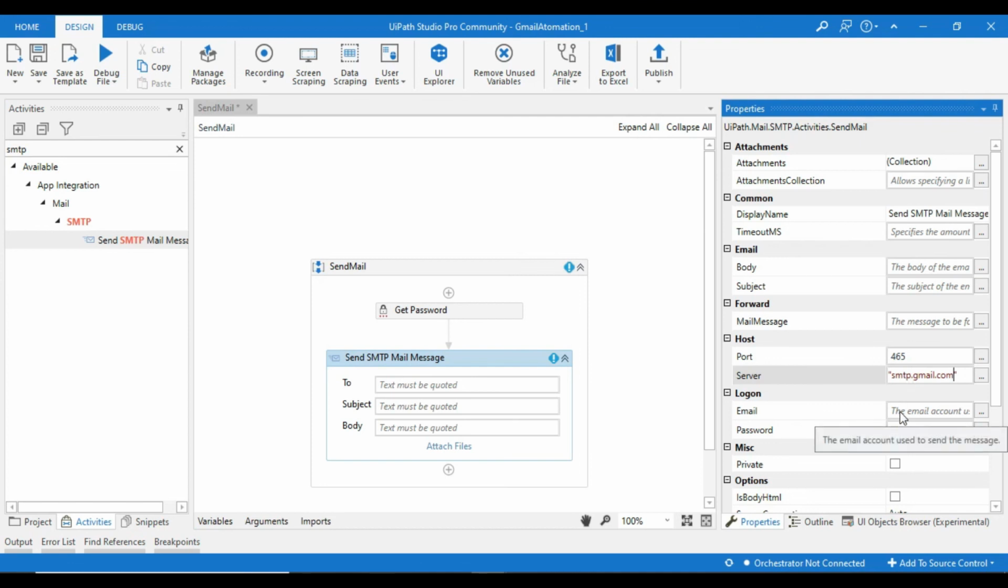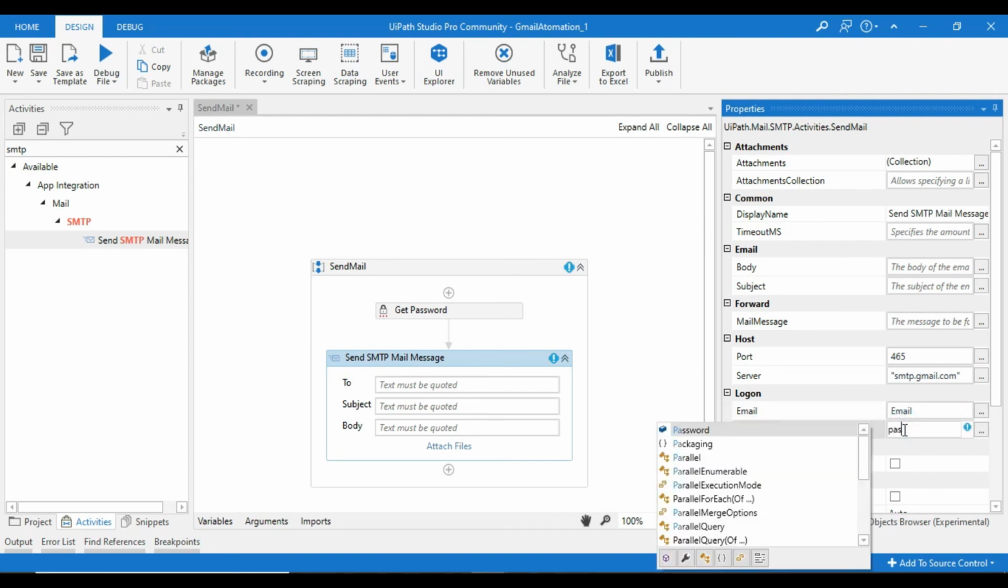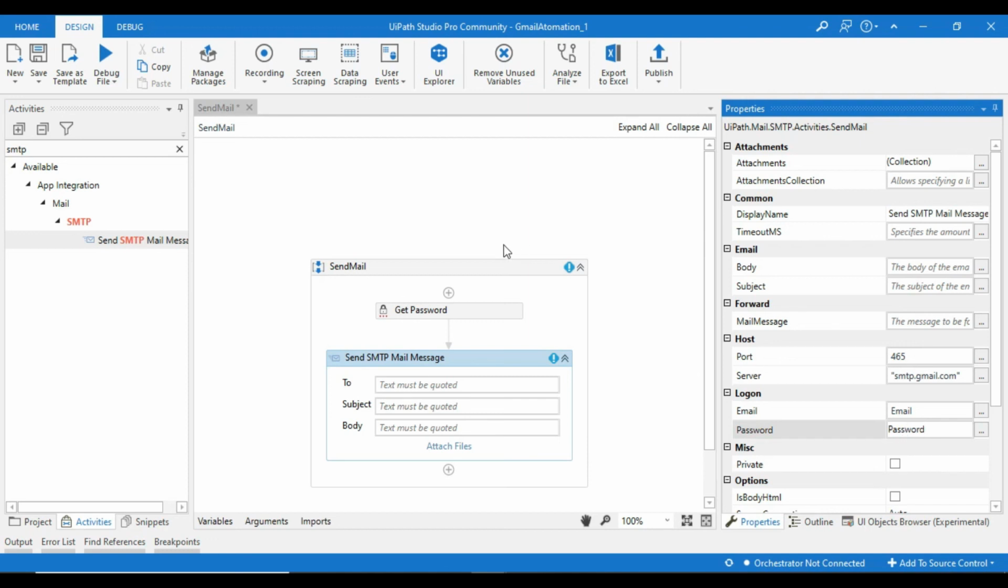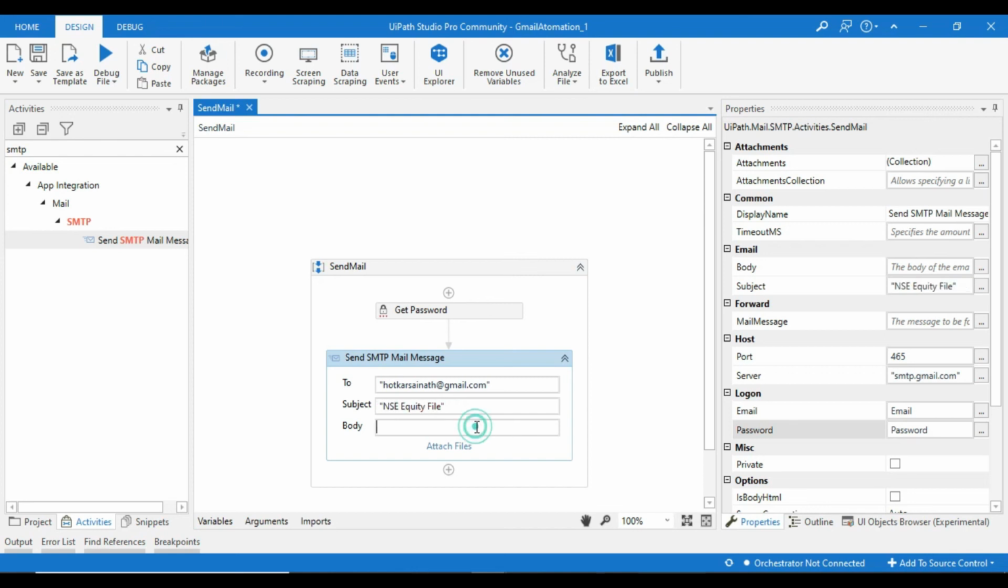Okay, and here I have to pass my credentials, that is email, and here password. For getting the password, we are using the get password, so directly I will pass here password. So now to whom I have to send. So I will send Saukar sainath@gmail.com. Okay, the subject NSC equity file, and body, if you want to put any body you can give, that is please find the attachment,